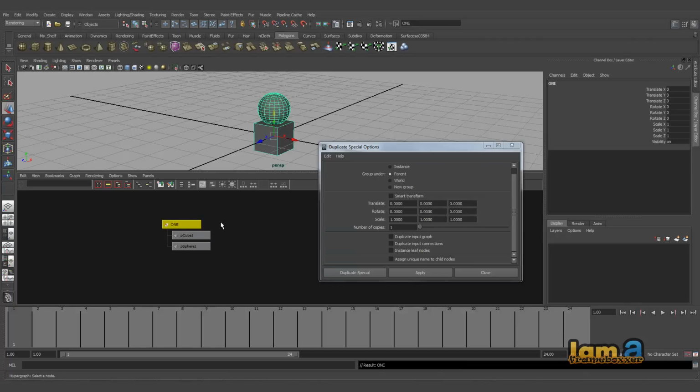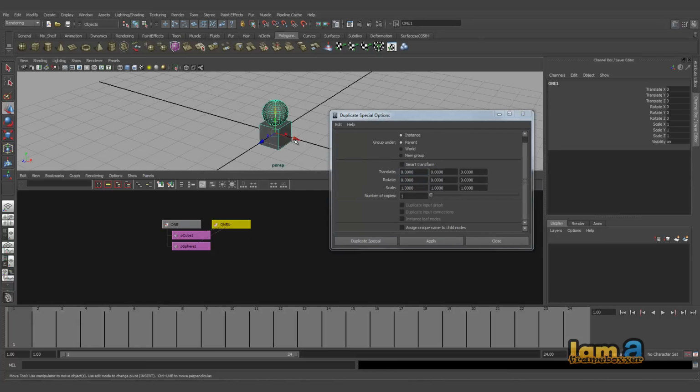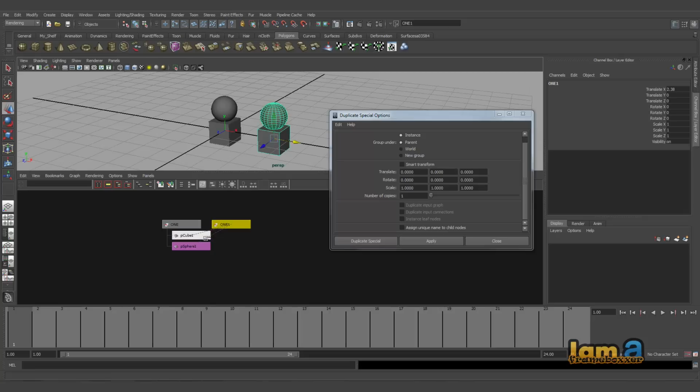Now if we reset the settings and instance, immediately, if I move this here, as you can see, it even instances the object node in this situation. Last time we saw an instance without a hierarchy. When you have a hierarchy, this is considered a problem sometimes: you try to select and move the individual one, and both the things get selected. You don't want to do that many times, it's a pain.